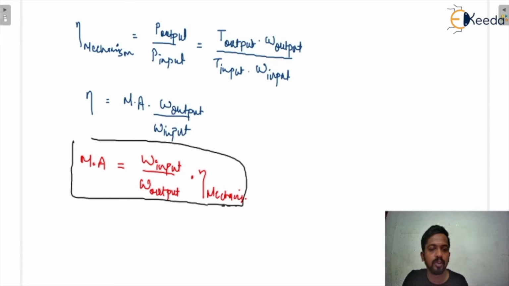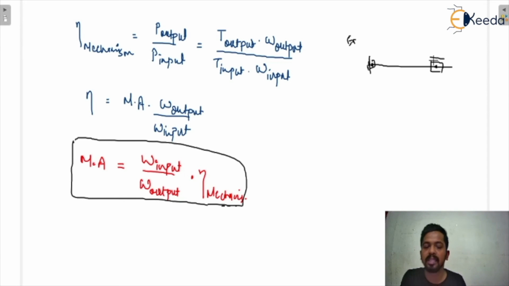Now I'm going to show you an example so that it will be easy to understand how we can calculate the mechanical advantage. I'm going to consider the best example for this. Here there is a slider, because we already discussed the Coriolis acceleration. So I'm just considering a mechanism of that type, and this is the link, and this is having the slider at that point. Okay, this is basically a slider.